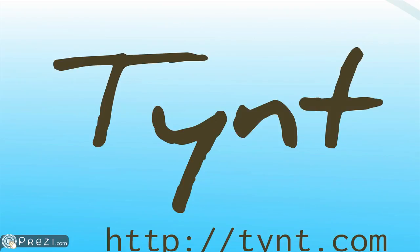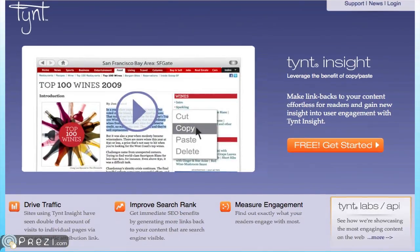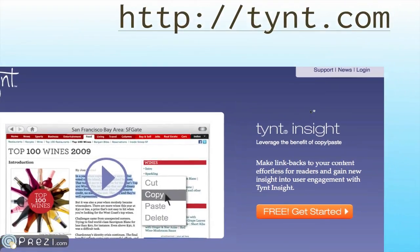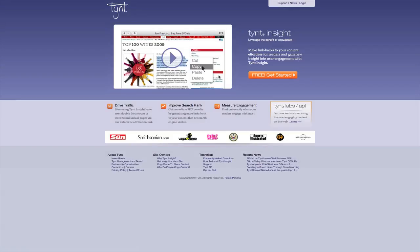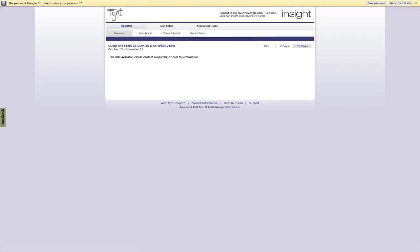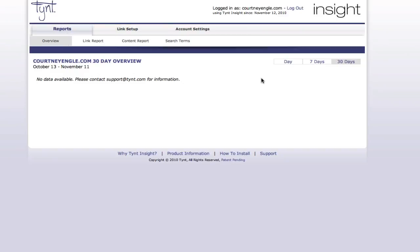Also in the news today is a service called Tint. I've been using Tint on my website. It's a great service to help you track and see if anyone's copying and pasting your stuff. But what it will also do is, if we open up Tint's website, it's going to walk you through this process, and let me log into mine, that if somebody were to copy and paste my information, so if I go to login, if somebody were to copy my information, I've already created and set my account up, but